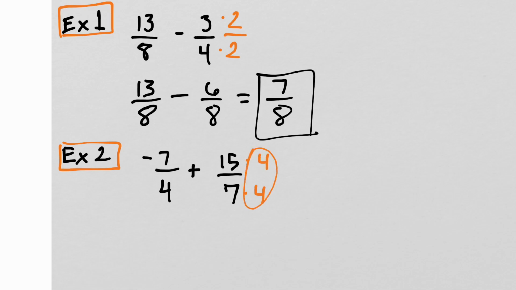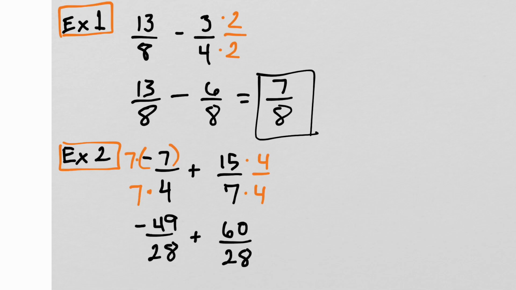And remember, that's the same thing as multiplying by 1, so I have to do the same thing in the top and in the bottom. And this one, to get 28, I would have to multiply by 7. What I do in the bottom, I have to do to the top. So then I get